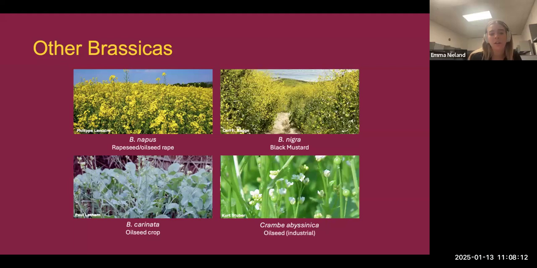The next one is Carinata. This is specifically used as a biofuel in jets and airplanes, but it's also used as a low carbon source or low carbon input animal feed. And then the last one is Crambe abyssinica. The oil from this flower is used in a lot of skincare and hair care products as it's a very lightweight moisturizer, but it's also seen in lubricant or corrosion inhibitors, various synthetic rubbers, plastic films, and a lot of nylons.